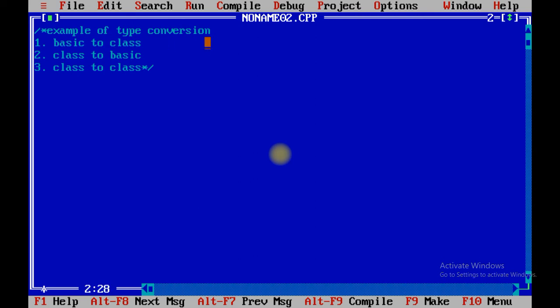Now see, whatever data types are available in C or C++ can be referred to as a basic type. For example, integer, character or float.